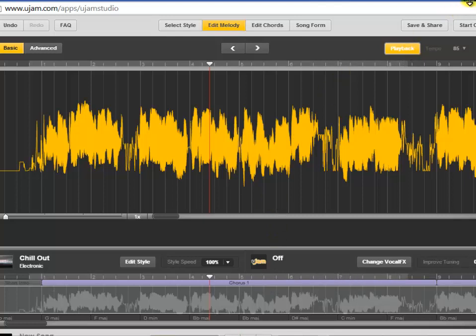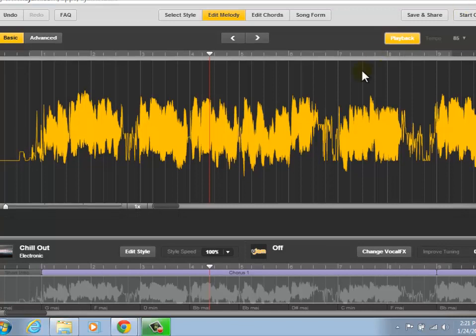And also, just to point out at the bottom, notice here on UJam that it has added in these chords, and this is really the beauty of UJam. It figures out the chords for you based on the melody, and most of the time for a simple song like this I'm going to say it's good enough. There are times I disagree with the chord